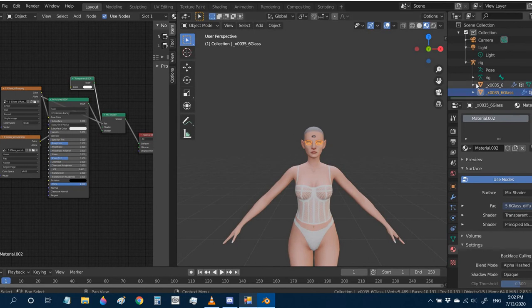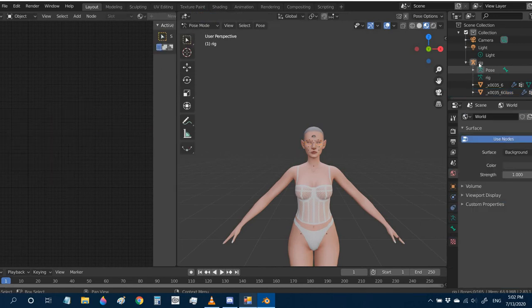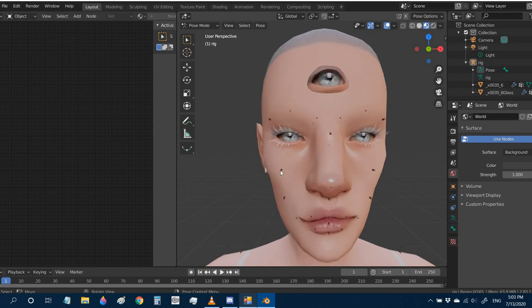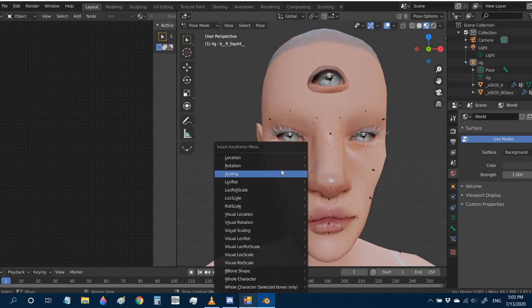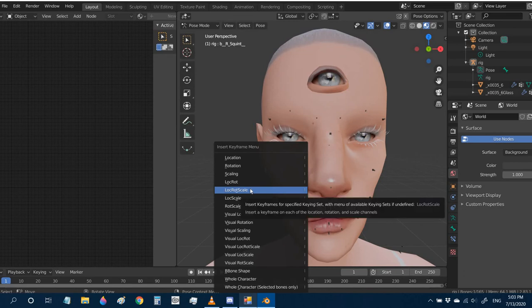That's really as much as you have to do with textures and the mesh itself. Now you just have to pose it. So you're going to click under the rig menu, you're going to click pose. That brings you to pose mode. You're going to make sure you have the rig on so you can see these little dots on your face. You're going to click one to select it, right click, and then insert keyframe. And you're going to do this one. No idea what that's supposed to mean, but